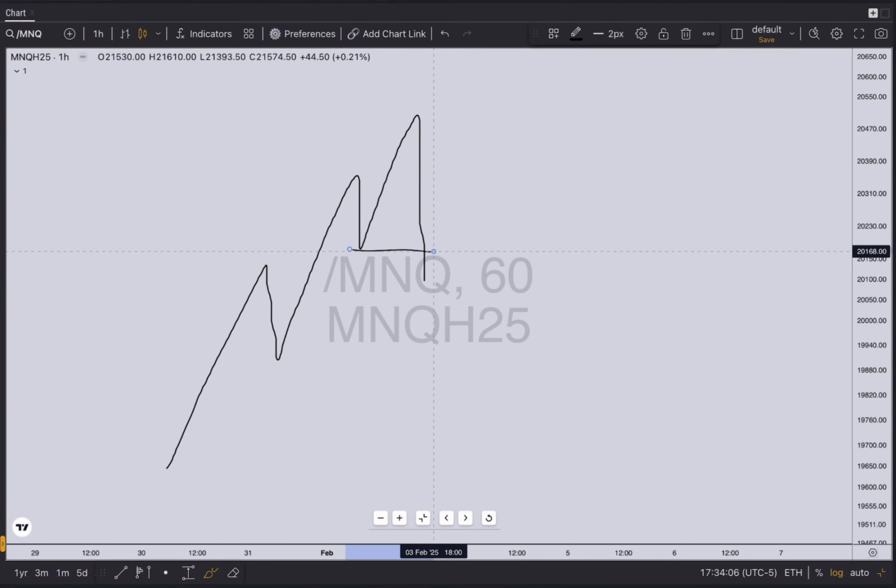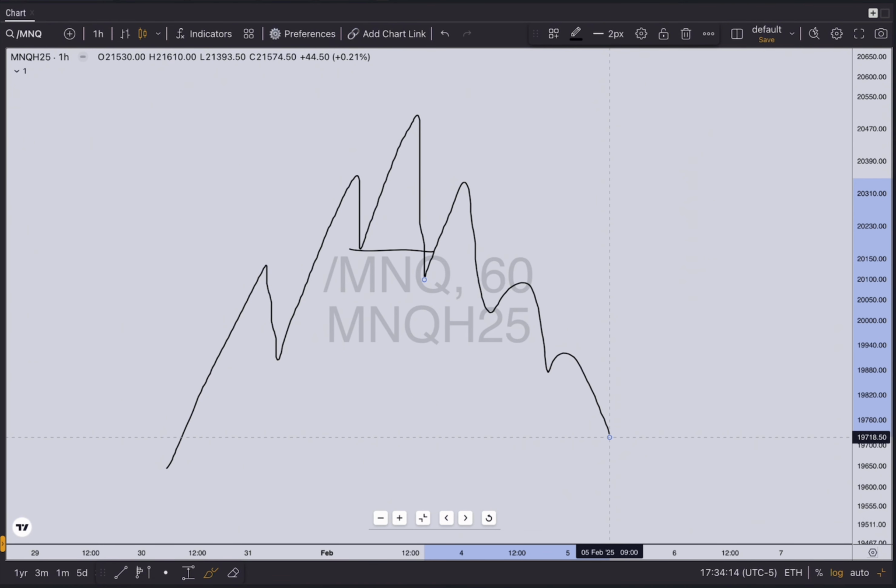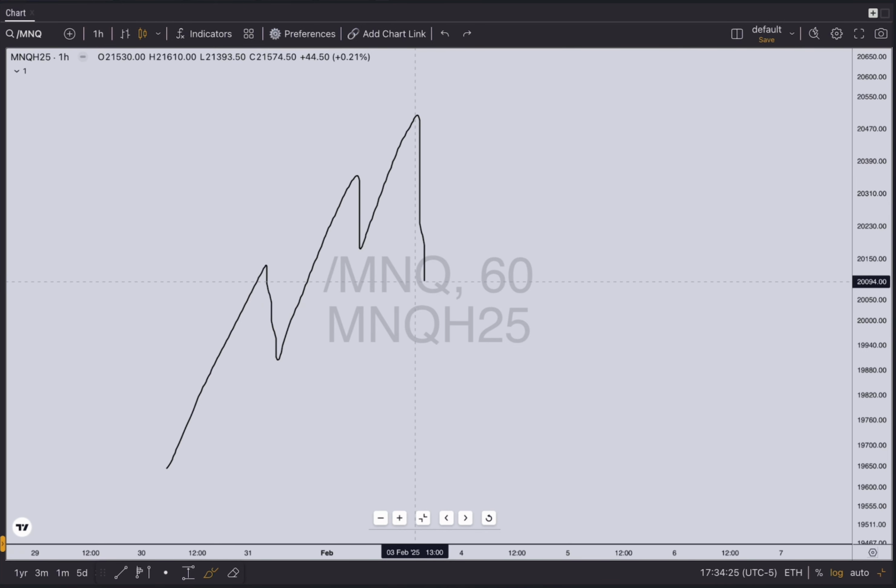Not every break of structure means we're going to continue lower. Some could be a fake out to continue higher, but every change in the market structure does start with a market structure shift, right? Well, before I actually do show you guys on the candles, one last thing I want to talk about is